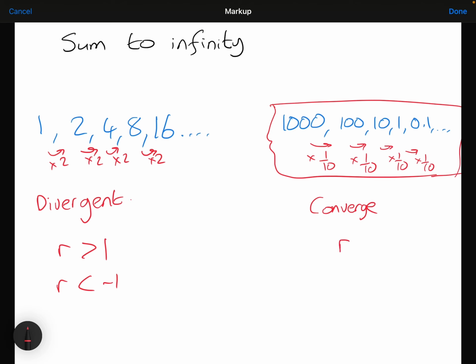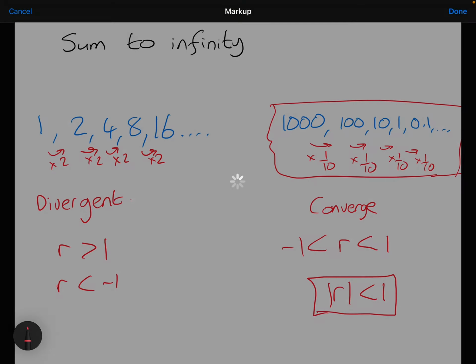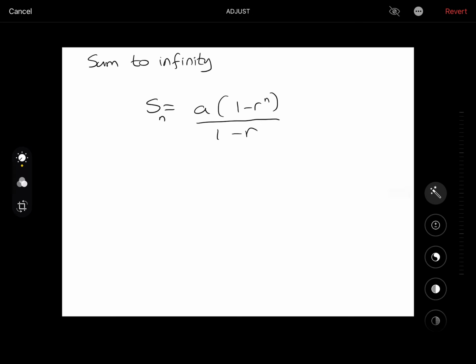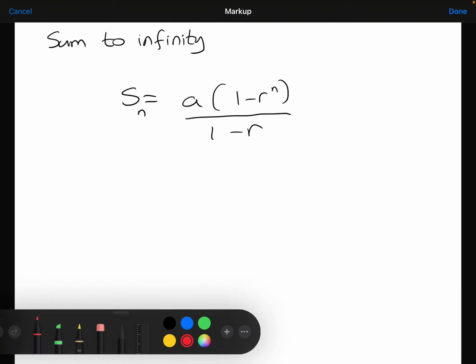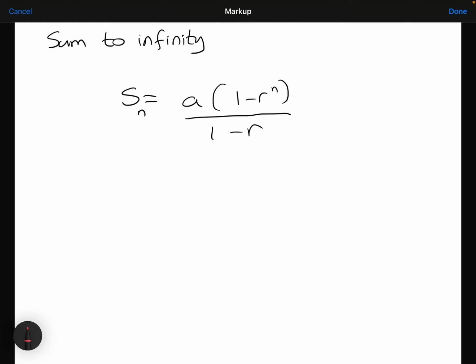Whereas, if the common ratio is between 1 and -1, or I could just say that the modulus of the common ratio is less than 1, then from term to term the numbers get smaller and smaller, and therefore I can calculate the sum to infinity. So what's the formula for this? Well, we've just seen a moment ago that the sum of n terms of a geometric series is given by that formula. So if the modulus of r is less than 1,